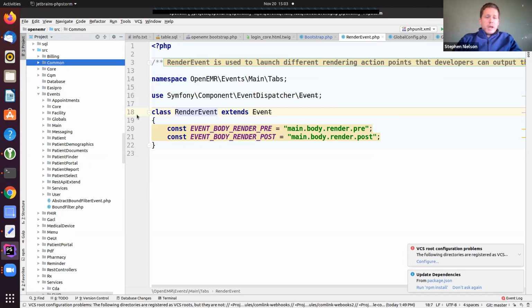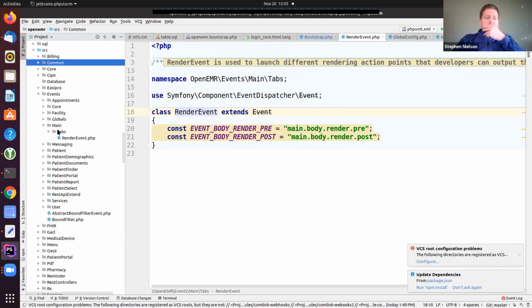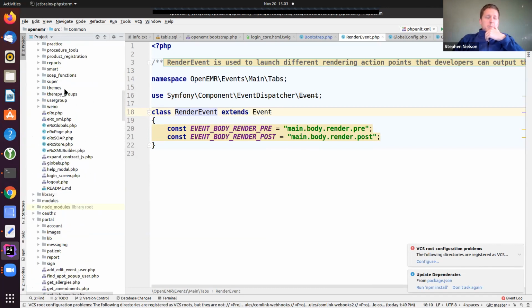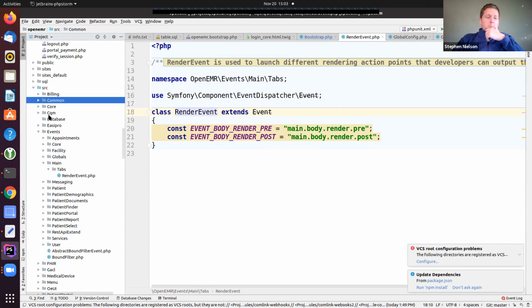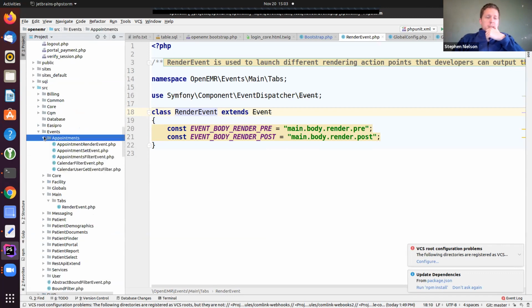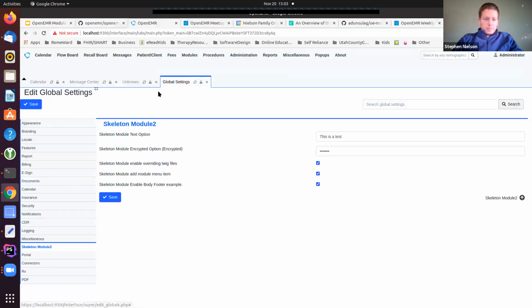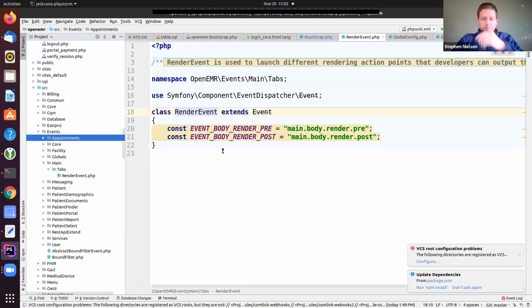And I say, okay, we have access to this render event that's inside the main tab, right? We're trying to make sure that this corresponds to the folder structure that we have up above, or at least is related. Appointments is going to relate to anything to do with the calendar, right? Main tabs is anything that's related to these main tabs, right?